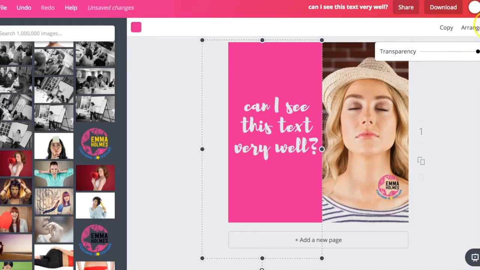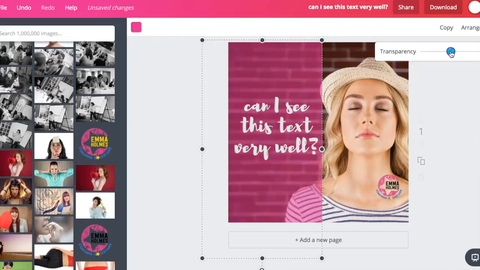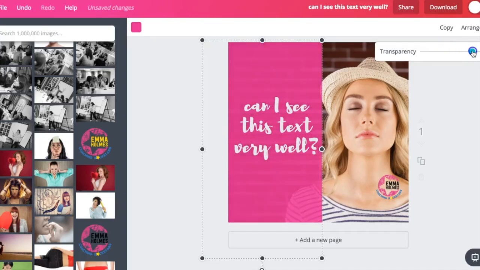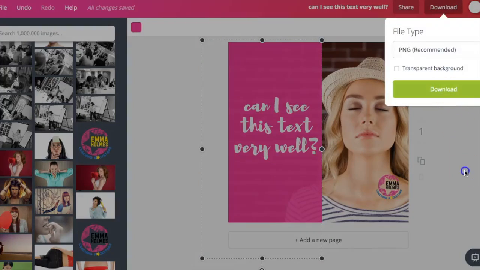So we go to these little squares in the corner. You can see we can take it out so you can see more of the photo underneath, or we can take it into full block text, full block colour, sorry. Once you're done, download, and it will download the image for you,